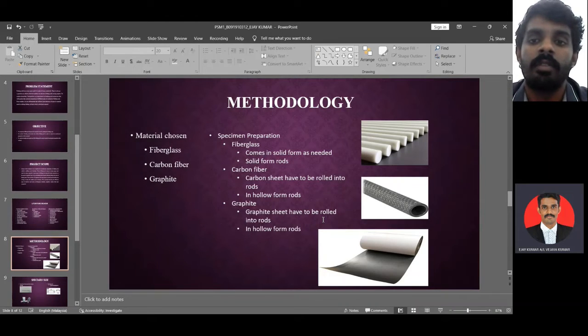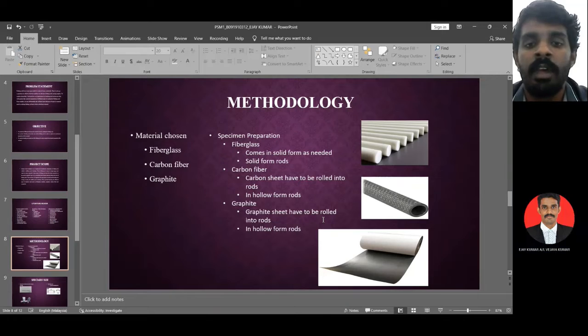This is the methodology for my research. First, for methodology, I have chosen three types of material, which are fiberglass, carbon fiber, and graphite. For the specimen preparation, fiberglass comes in solid form as needed, and the rod has to be formed in solid